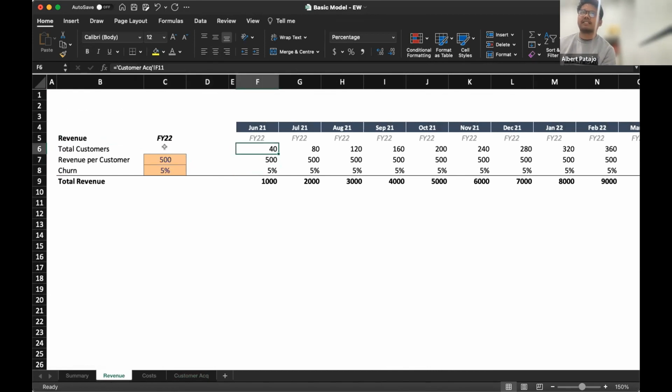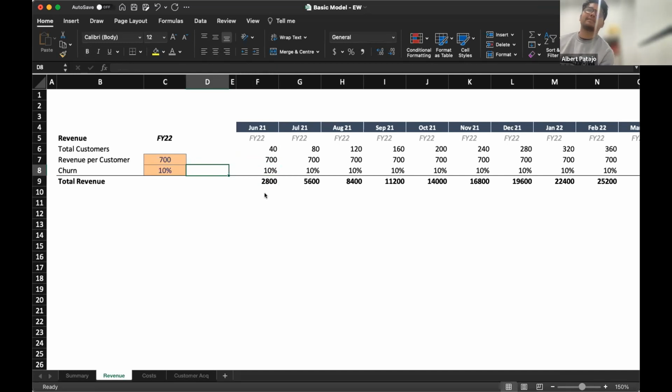And so here I can see I've got 40 customers. They're each bringing in $500. I'm churning about 5% of them each month. And so my revenue is $1,000 per month, or in this month. I can start to say, oh, what if we increase our price to $700? That's probably going to increase churn a bit. And so I can start to play around with what these levers are and how they impact my business. Any questions on that?